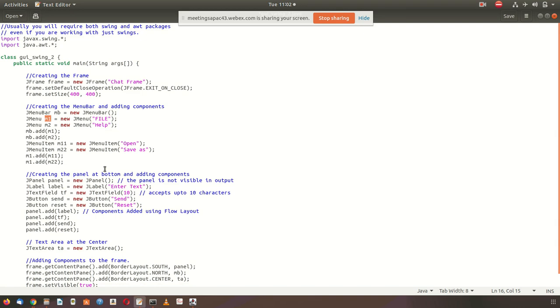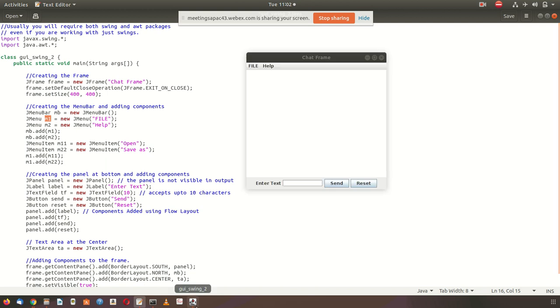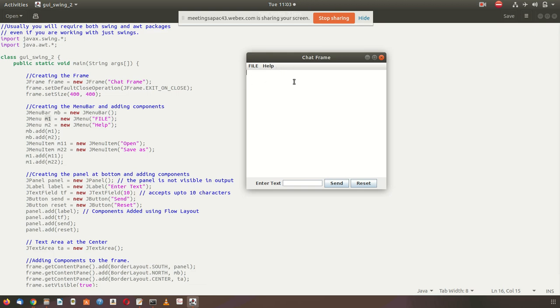Okay, after that, this menu bar always comes in the top. By default the menu bar always comes in the top, and you can put the menu bar right hand side, left hand side, bottom, wherever. So the menu bar by default always comes in the top of the frame. That is the default action. Now that is your first object.